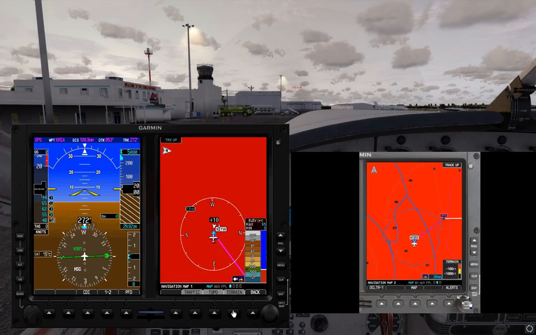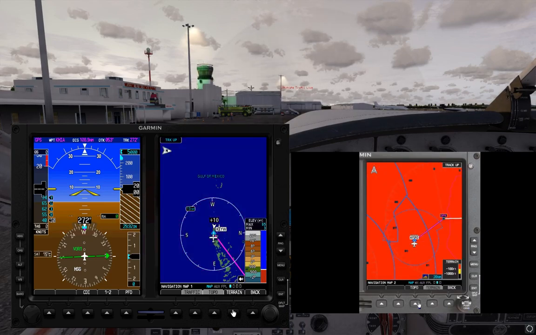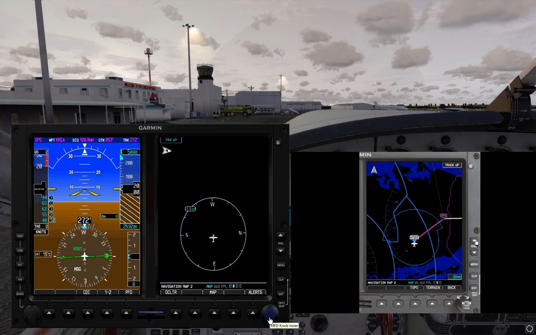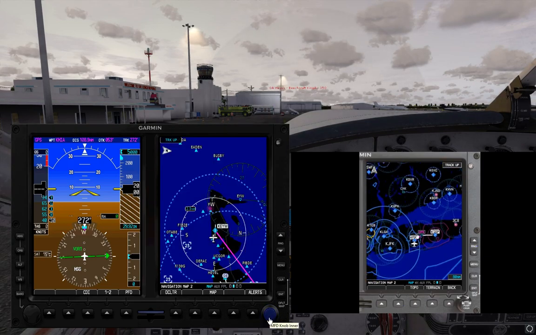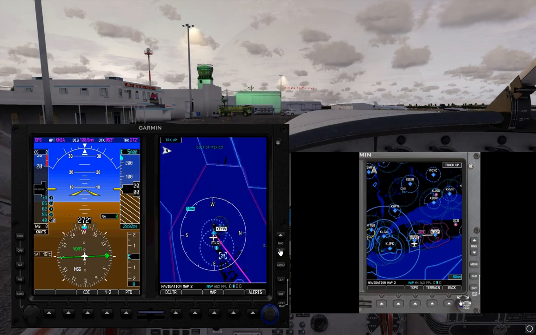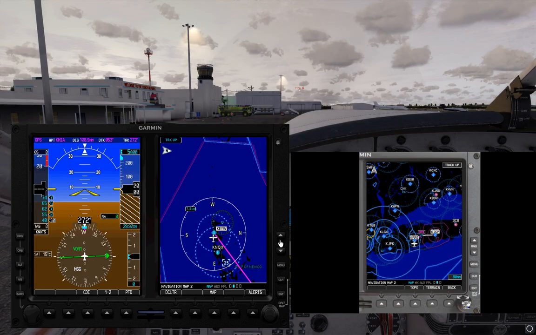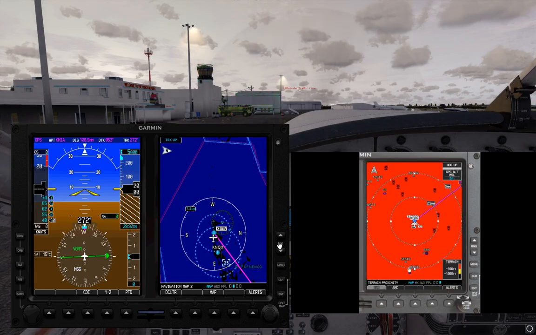All I need to do is move the little cursor to the right, and now I'm choosing my 2nd map, my navigation map 2, and I can set whatever preferences I want for this map. So really, having nav map 1 and 2 are a tool for situational awareness and for pilot preference to assist you in your flight. The next page over would be a terrain proximity page,